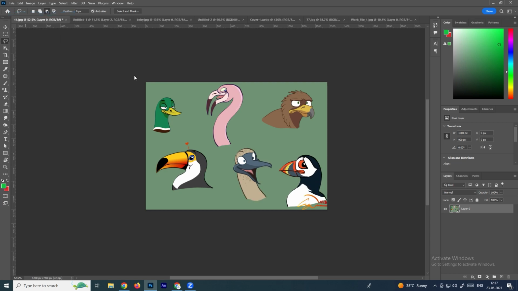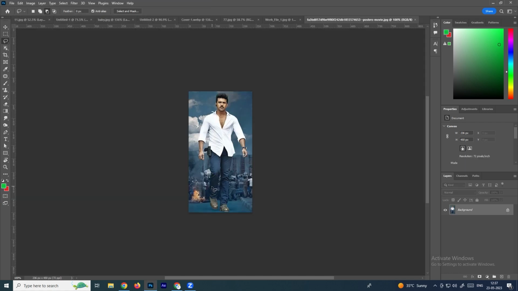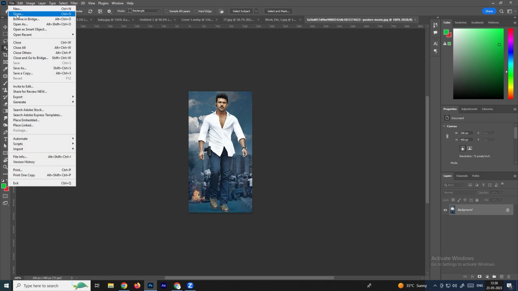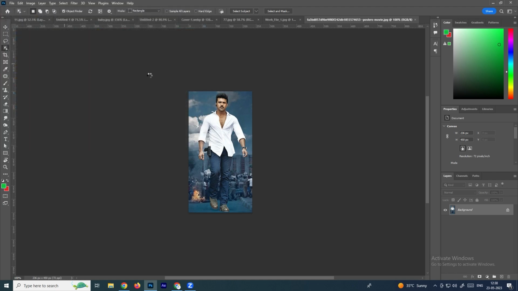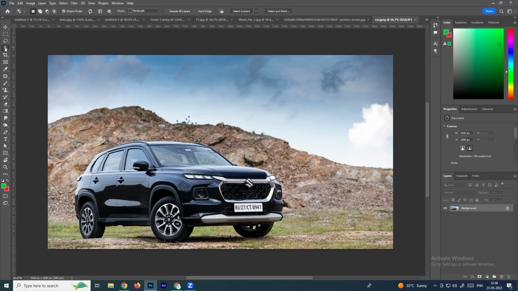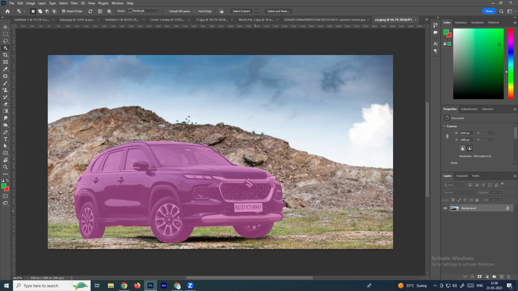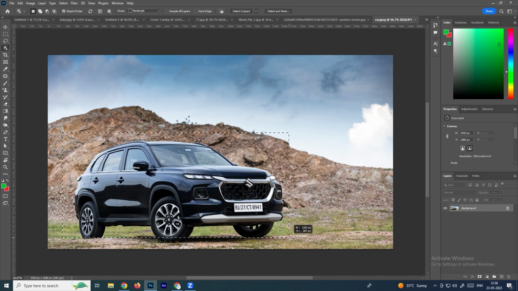And not only plain backgrounds, this is a little bit different background here. It's not plain, but still if I use this object selection tool and select subject, mostly it has selected the character here. So in this way, we can use this object selection tool. Either you can directly select, or you can use the drag option. If I select this vehicle also, now see, if I use this object selection tool, it is selecting the character here and we can left click and drag so that it will select